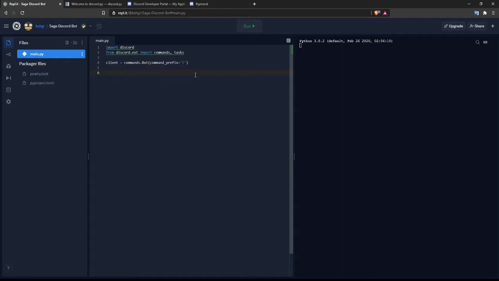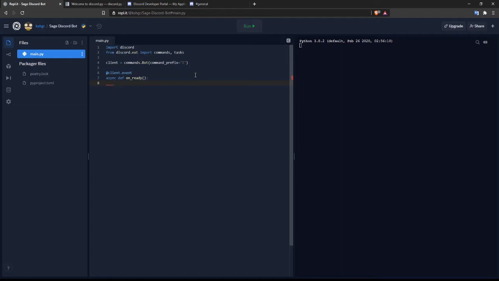Now we'll create an event. For that we'll have to write an event decorator, that would be @client.event, followed by async def on_ready to define the function. When our bot is ready, this piece of code would run, as it would trigger that event.